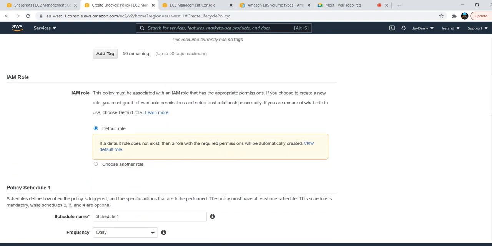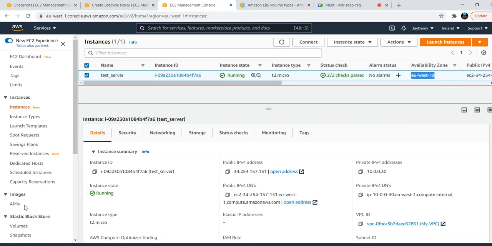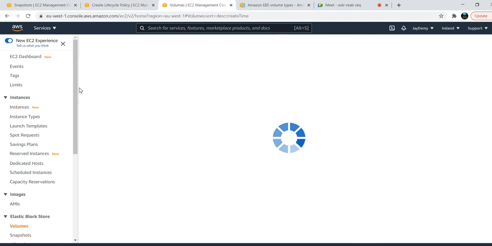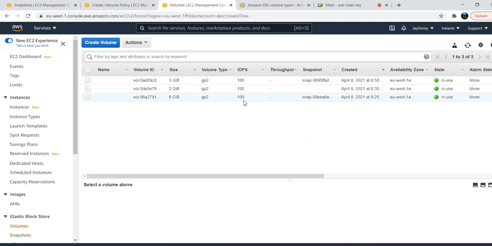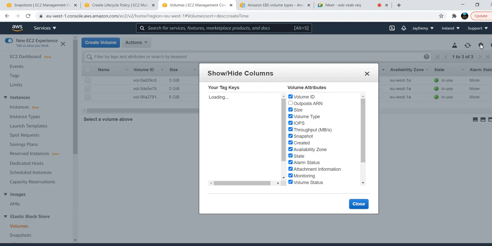And the IAM role, this we will discuss later, but as of now we will go with the default. In the EC2 management console, navigate to the volumes, we are taking the backups for volumes only, right? If you see, I have three volumes.